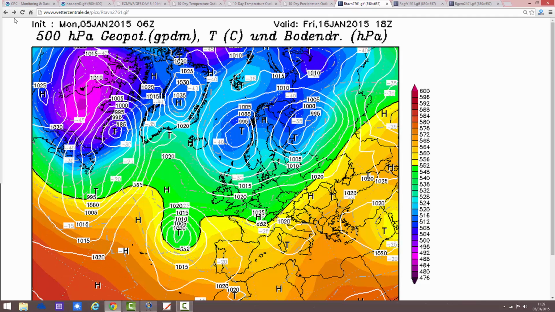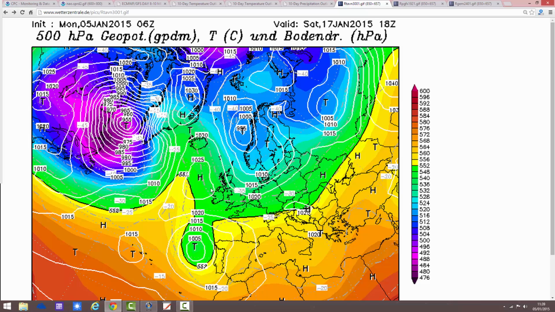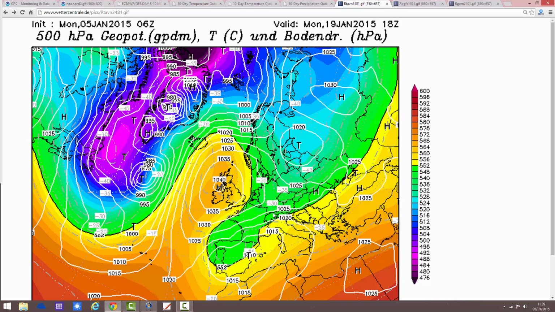We get through towards Friday the 16th. We're building a bit of a ridge through the Atlantic. So yeah, it's beginning to turn cooler through that period. It isn't cold yet by Friday the 16th, but it is starting to turn cooler and we're starting to lose those deep storms. And then the high pressure comes in from the west, brings the winds into the north, so it does turn colder. But what this run of the GFS wants to do, the latest run, is just build the high pressure in over the country.